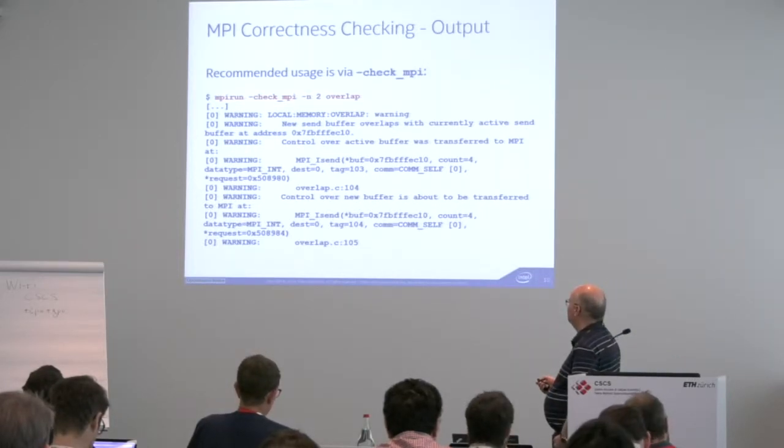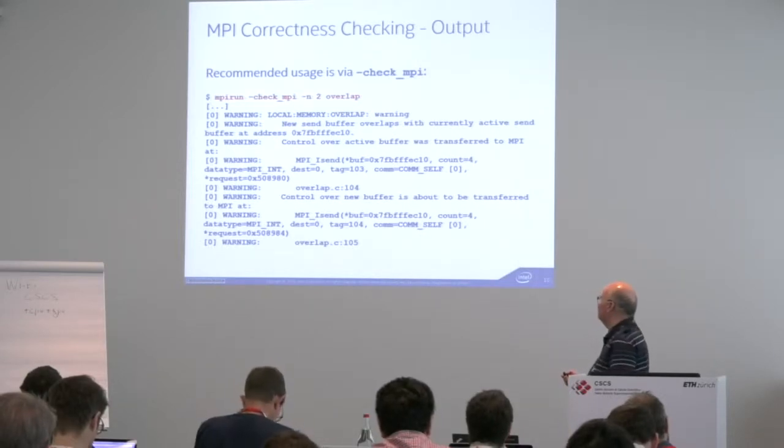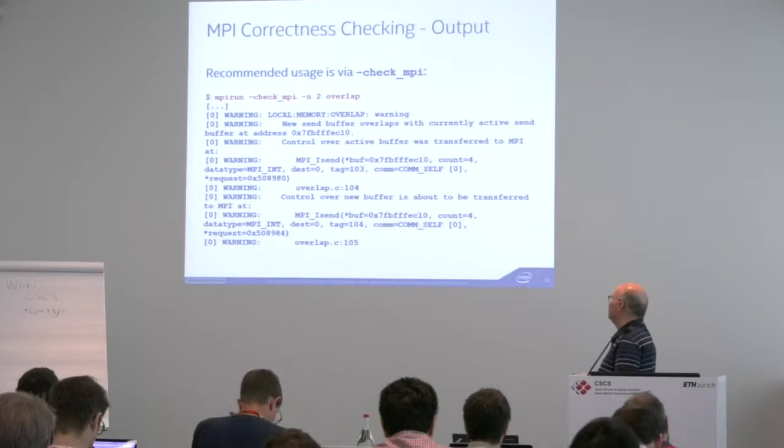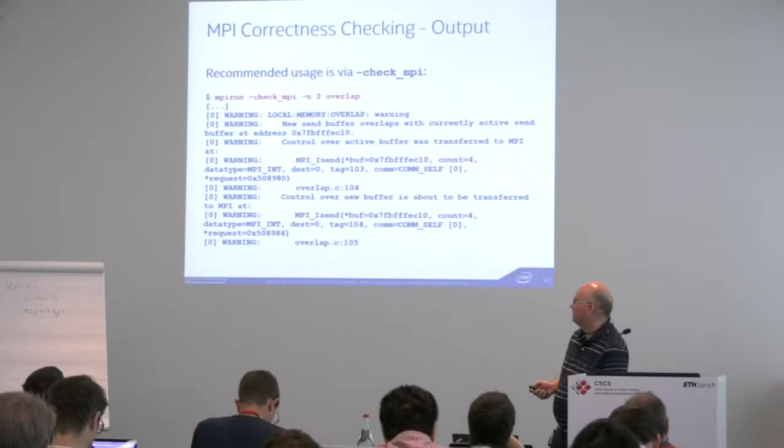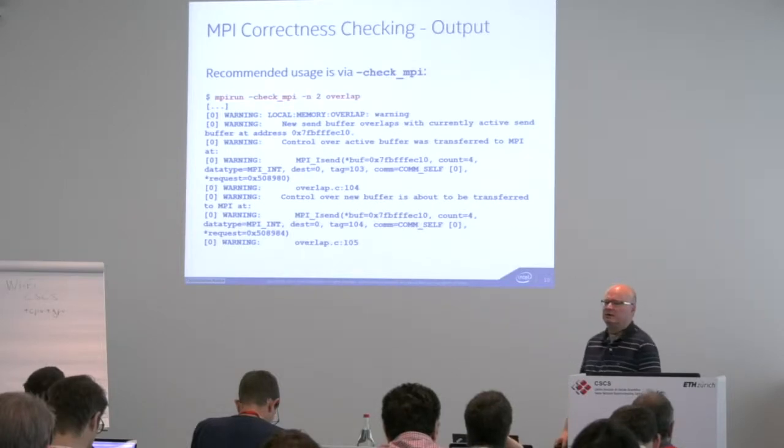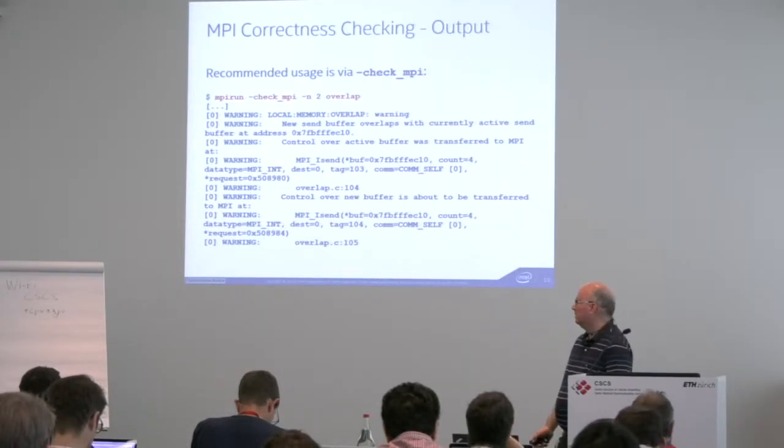And then the buffer is reused later in another MPI send in overlap.c 105. So the request wasn't correctly ended by an MPI wait, and this can be crucial